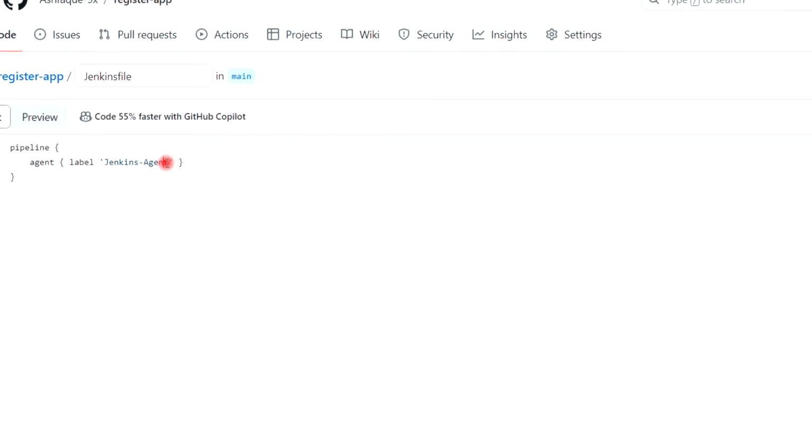So this is our agent name in the Jenkins agent, and then I will recall the tools, which are actually the plugins which we have configured in Jenkins.